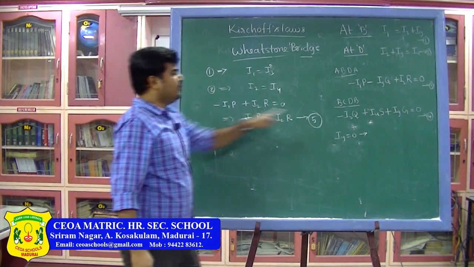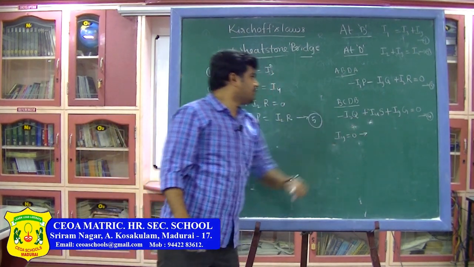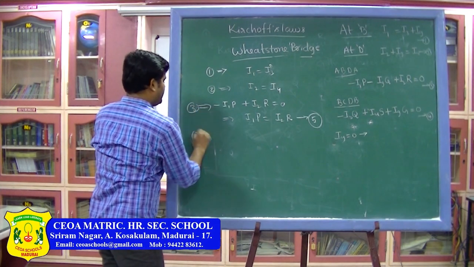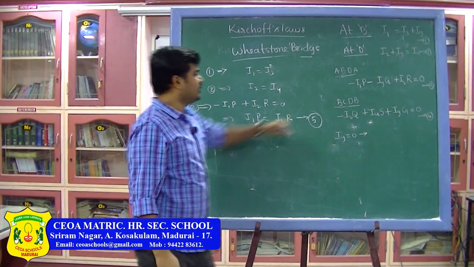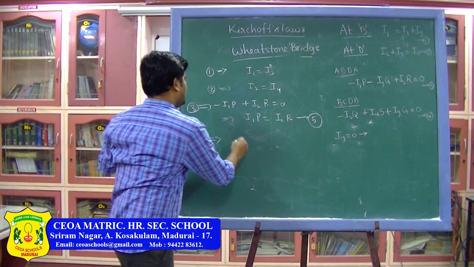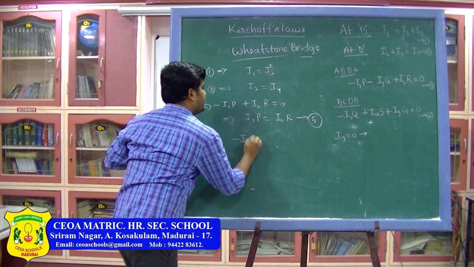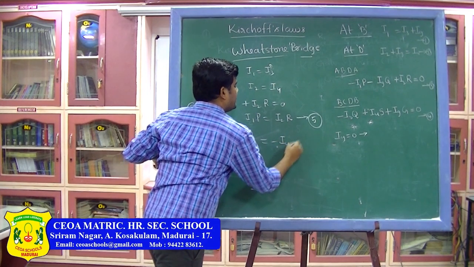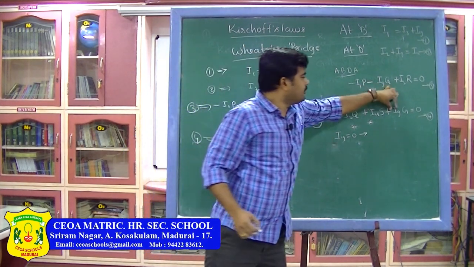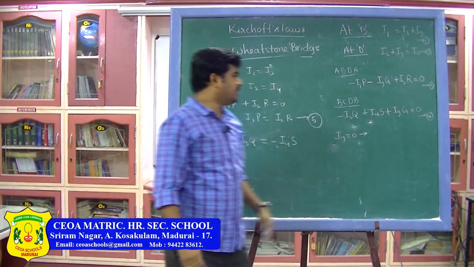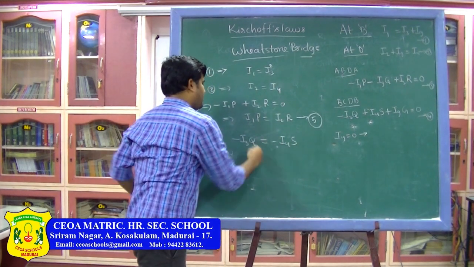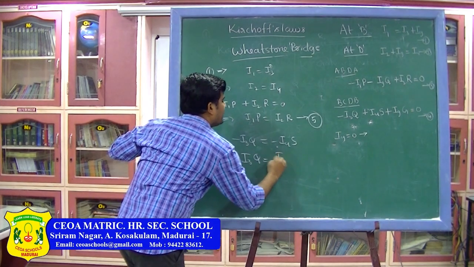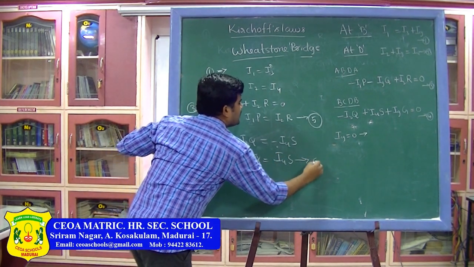Next, for the fourth equation, using Ig equal to 0, from the fourth equation, minus I3Q is equal to minus I4S you will get. So, substituting this value 0 and taking the terms to the other side, minus minus will cancel, you will get I3Q is equal to I4 into S. This is equation number 6.